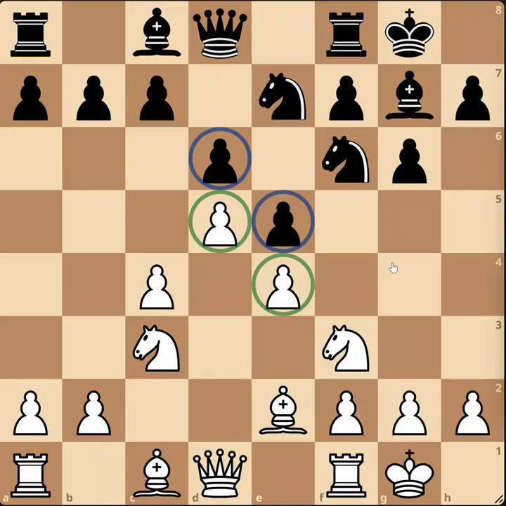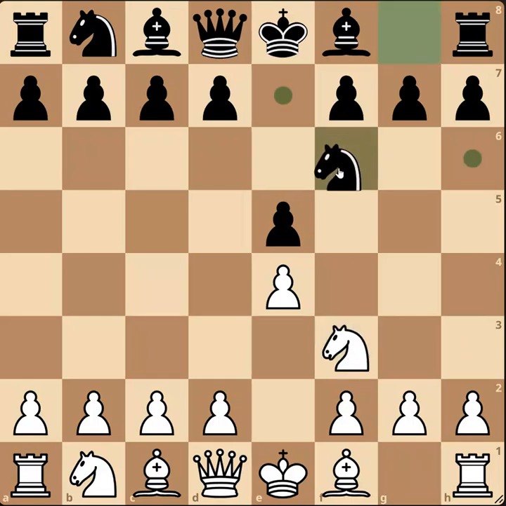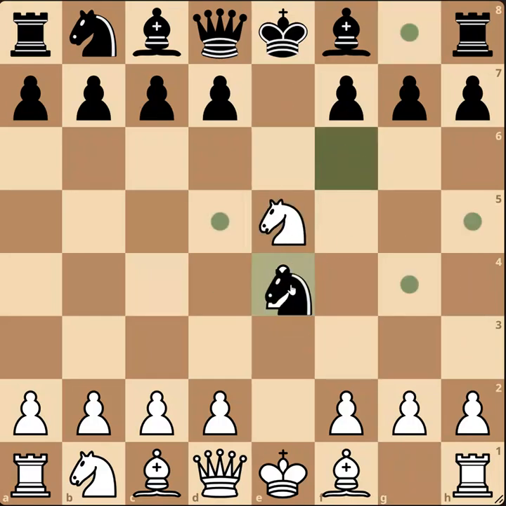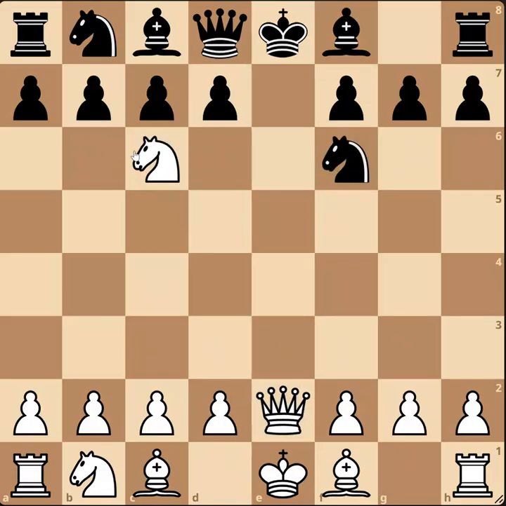But still, let's say, as an example, we play the Petrov defense. And so we play like this. And we play here the move knight takes c4, which is dangerous. And now we retreat with the knight. And we lose our queen like this to this discovered attack. So,